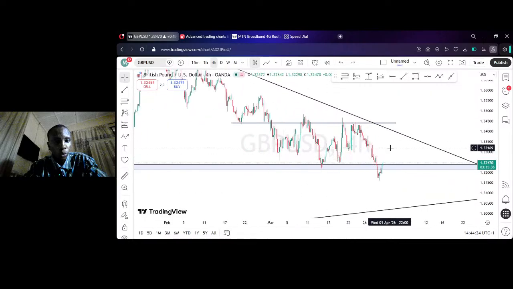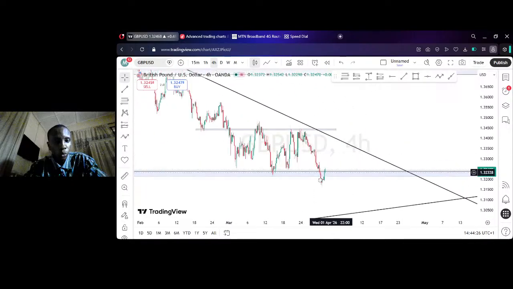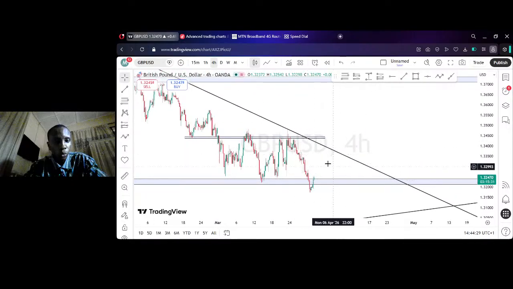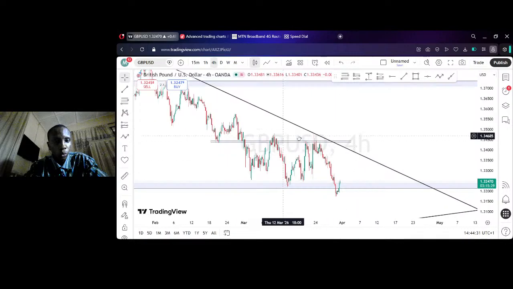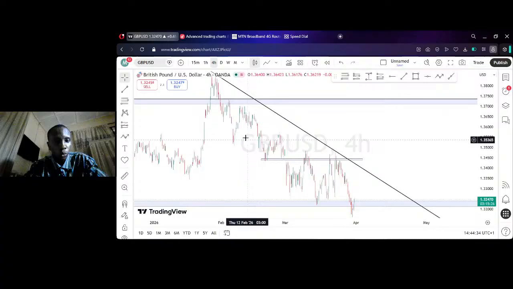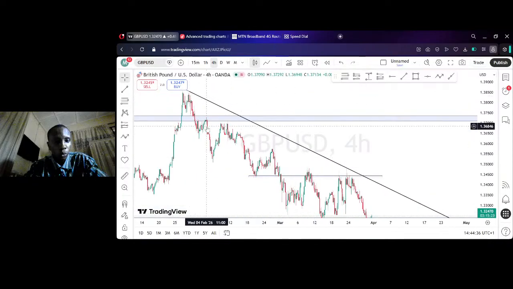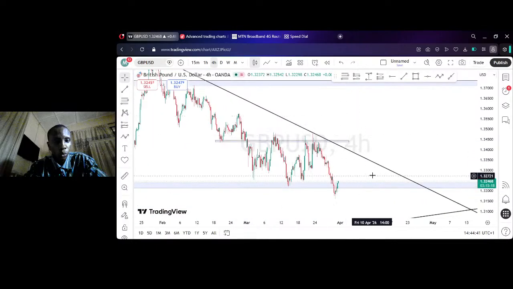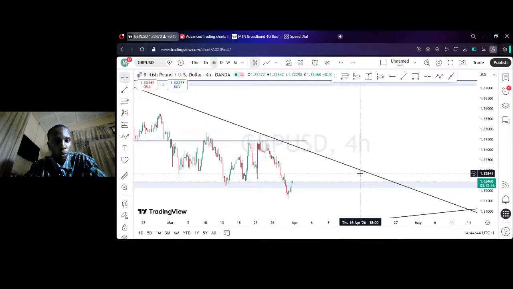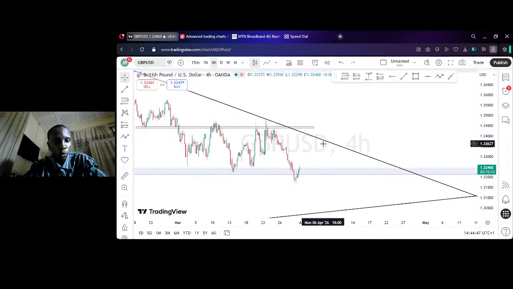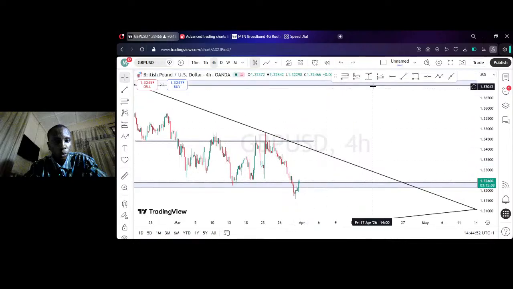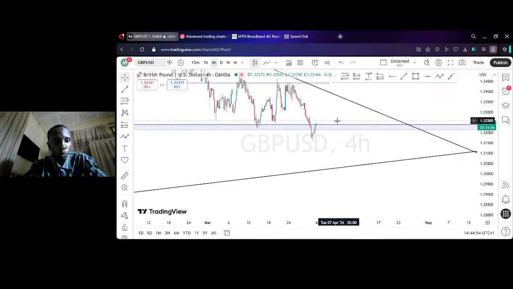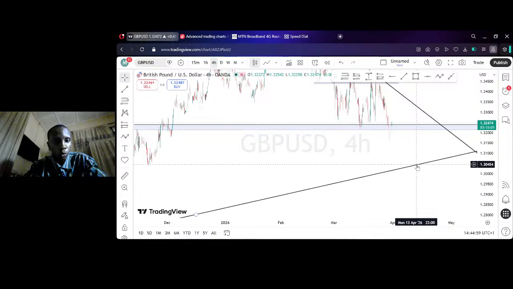So for now, if we can get a breakout from here, as it is now, we have the first touch point on this trend line and the second touch point on the trend line. Hopefully we can get a third attempt if price comes to test this trend line for the third time. If it breaks out, we are coming up. But if price is unable to break out from this trend line,